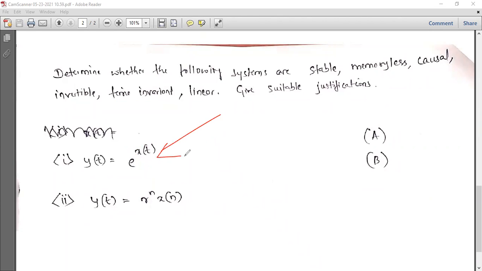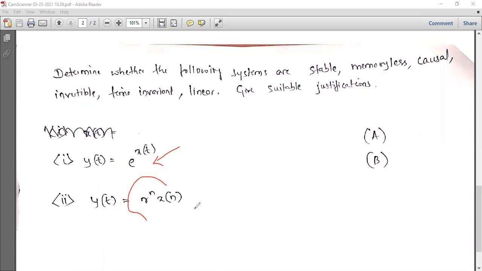I hope you did. Which books are you referring to for this? How did you find this? So in 2 to 3 approaches, I saw the same approach. So from where did it come? Do we have any source? Which source did you refer? Prescribed book or some other book? For e to the power x of t. I was using the slides, the presentation which you have sent in classroom. That thing only. Okay. Anyway.